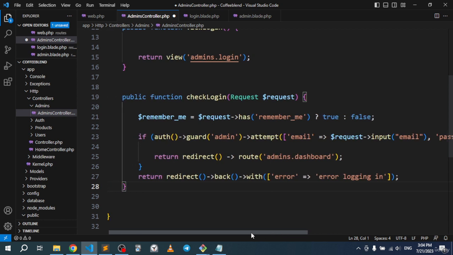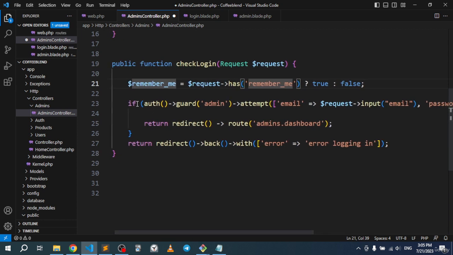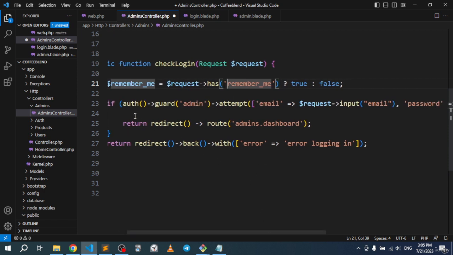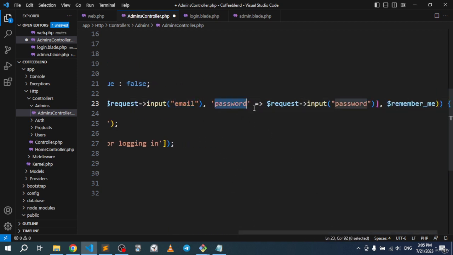All right, so what we're doing right here, this part for the remember me does not matter that much, so just ignore it. The most important part is simply right here, if auth guard admin attempt blah blah blah. So what I'm doing right here is, if we're trying to authenticate as an admin right here through this form, try to attempt the email right here, as in the request data that's coming from the input with the email name right here, and try to also attempt the password right here. All right, so the password, which of course is the data that's coming from the input with the name password